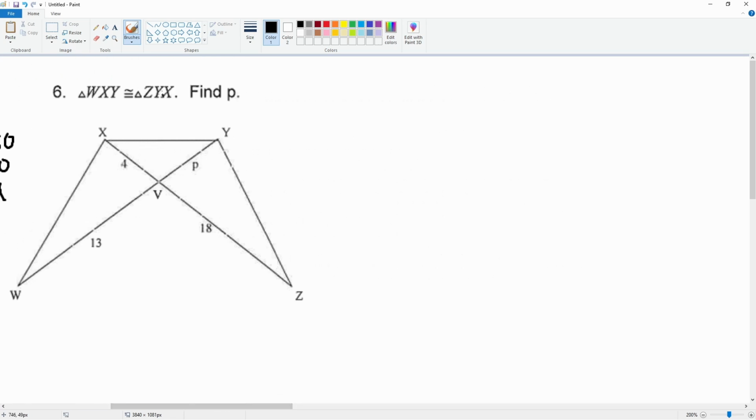All right. So notice here we have WY. WY is the first two. That is going to match up with ZX right here. So line segment WY is congruent to line segment ZX. So WY is equal to ZX. WY, which is right here,